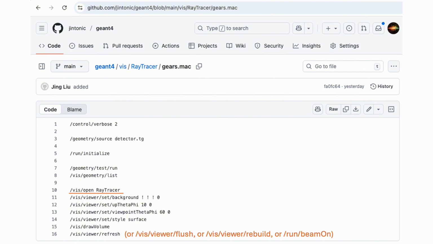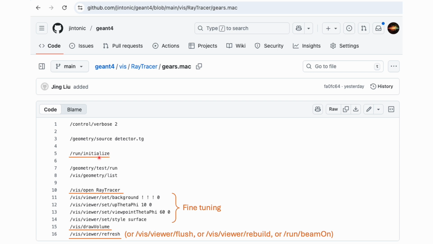Typically, we use the visopen Geant4 macro command to specify a Geant4 visualization driver, visDrawVolume to prepare visualization data in the background, and visViewRefresh to display it on screen. Geant4 also provides many macro commands to fine-tune the visualization. All these commands need to be run after the runInitialize command, because the detector geometry doesn't exist in memory before